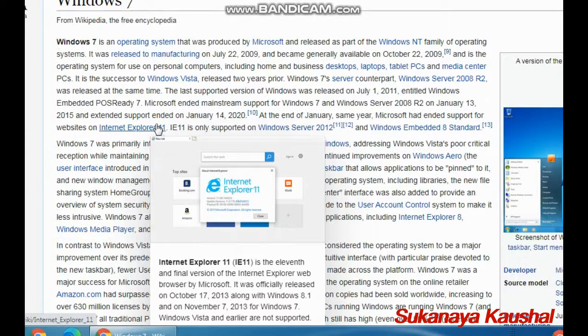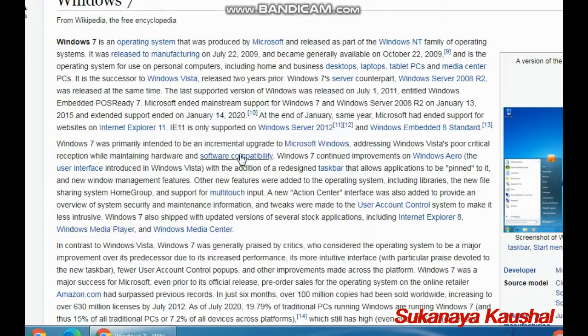So improved processor support is available here, and we have a better GUI, meaning graphical user interface, in this operating system. We have better security and improved booting performance. Some other features already available in Windows 7 are ClearType text tuner, the display color calibration wizard, gadgets, recovery and backup, and troubleshooting.